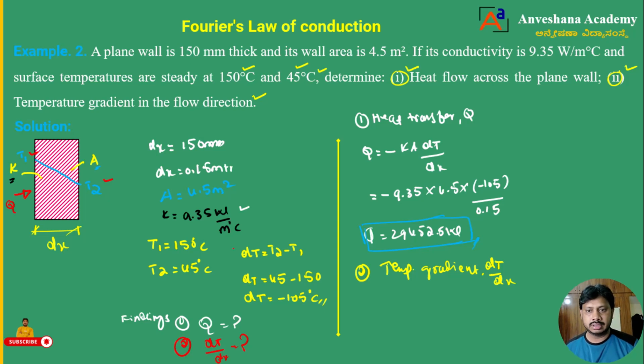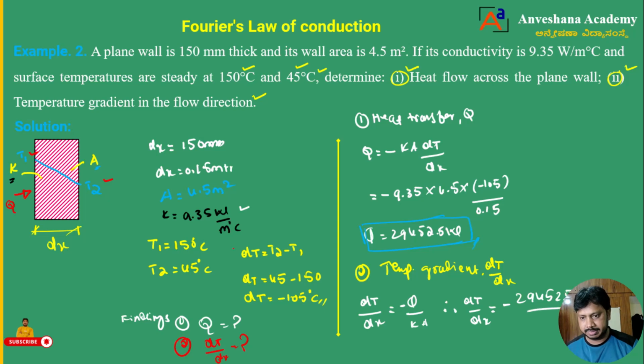I will rearrange this equation. So dT by dx will be Q divided by K into A, whereas the minus sign that is there will be left out. So I will try to substitute the values now. dT by dx is equal to, what is the value of Q? Q we already calculated here. So I will write it here, minus